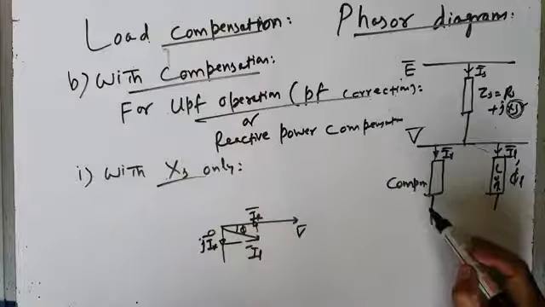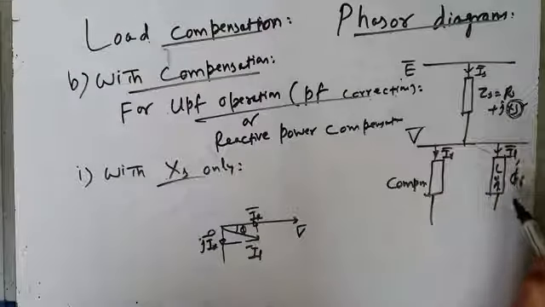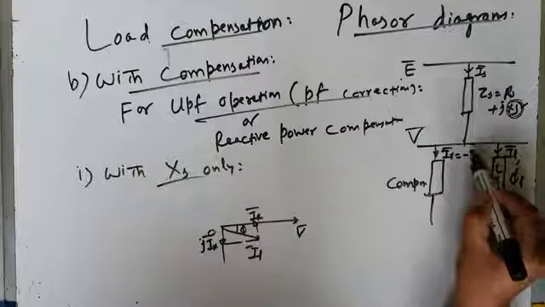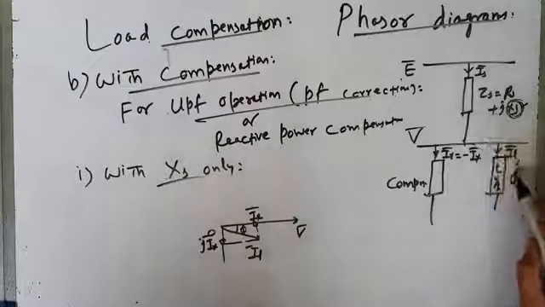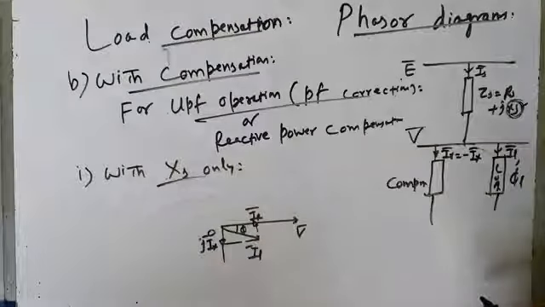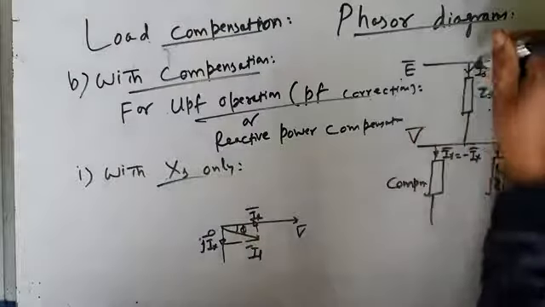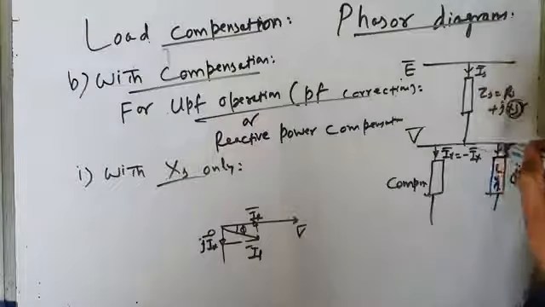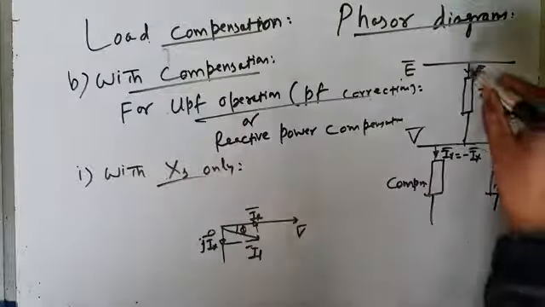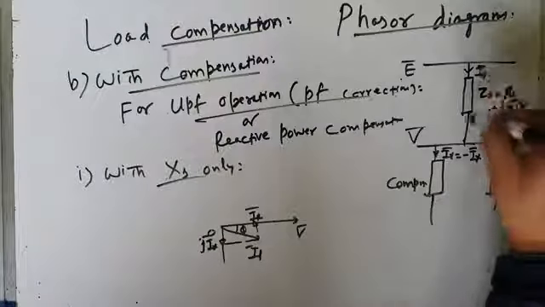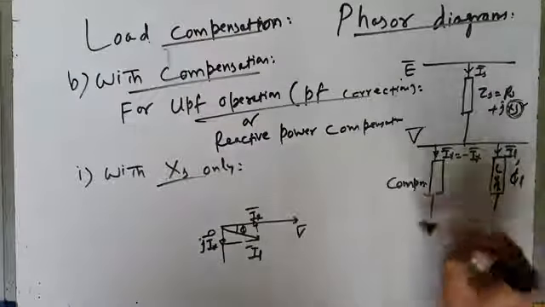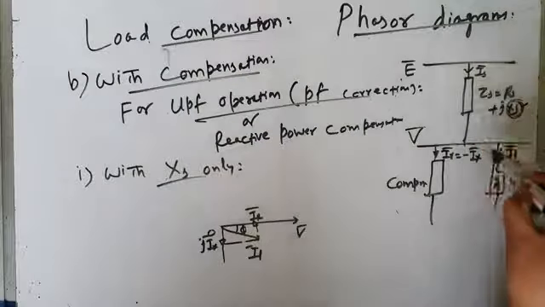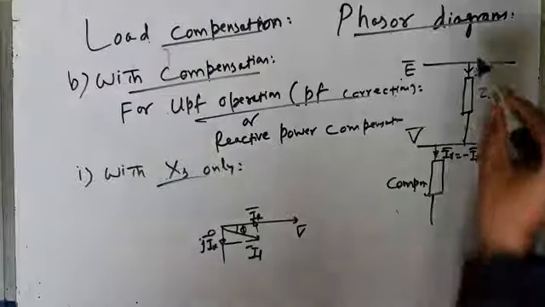What is the job of the compensator here? Its job, I gamma, should be equal to minus IX. That means it should supply all the reactive component of current which is demanded by the load. Without compensator, IR as well as IX, that is in phase as well as quadrature component of currents, come from the source. That means source supplies active power demand of the load as well as reactive power demand of the load. But in presence of compensator for reactive power compensation, only the active component of power should come from the source.